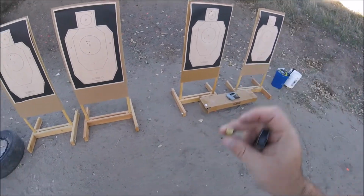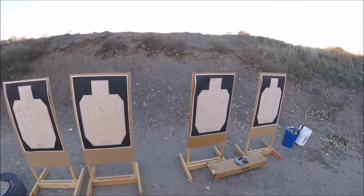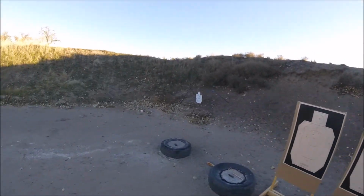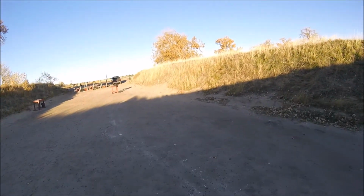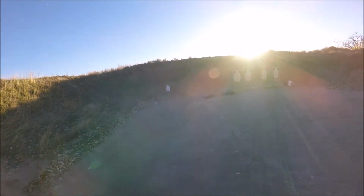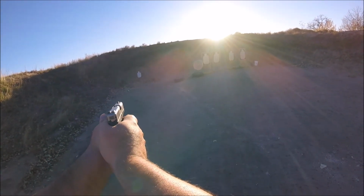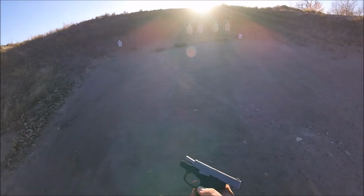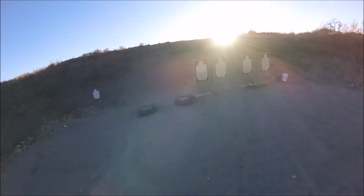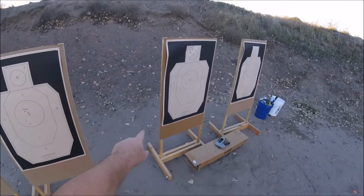Oh, light primer strike. So, bad ammo. This is old ammo, folks. 2 rounds left. Did get some headshots at close range. 2 rounds left. And come back here a little bit. Yeah, try it from here. Sun in my face. I can see the steel. And done. Well, folks, I'm impressed with my little Kahr. Good hits on steel. As you can see here, zeros, zeros, zeros,